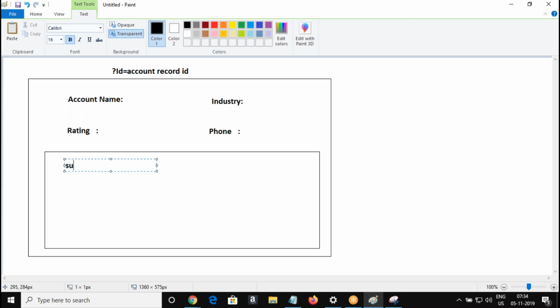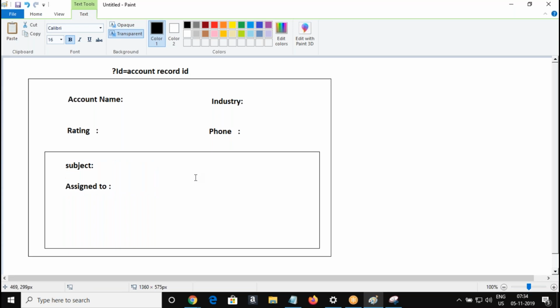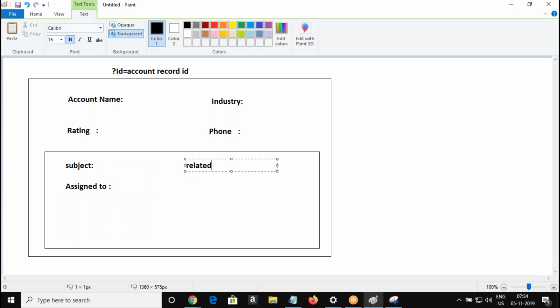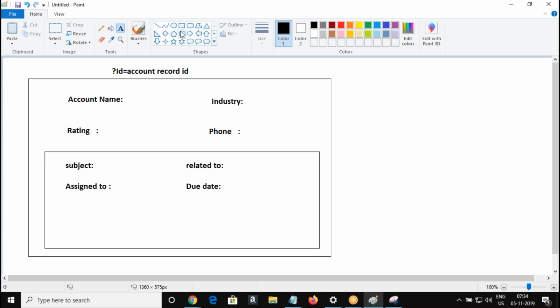So the subject of the task and who it is assigned to, and which object the task is related to, and the due date of the task. All those details I need to get in the form of input from the user. We are just working on the UI part. How to create a task and all, that's not our objective now.